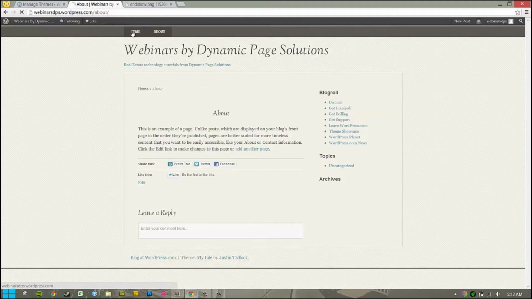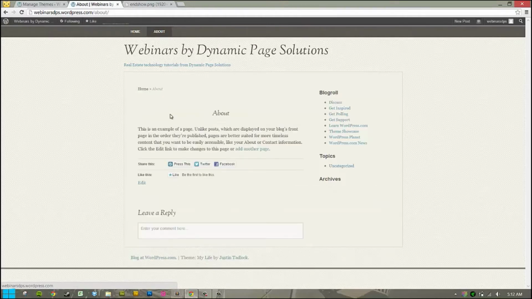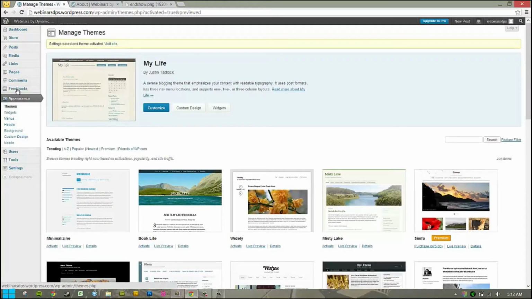You'll notice the home page currently says nothing found. That's because we don't have any posts. Posts are going to be your entries that you generate on a regular basis. And the about pages will be static. They will always be there. They won't change. So we're going to go ahead and